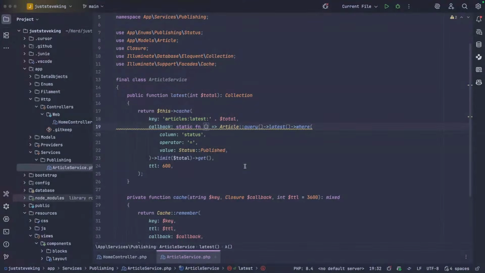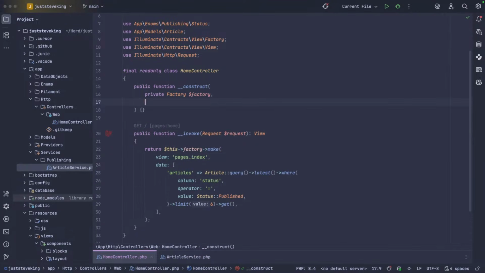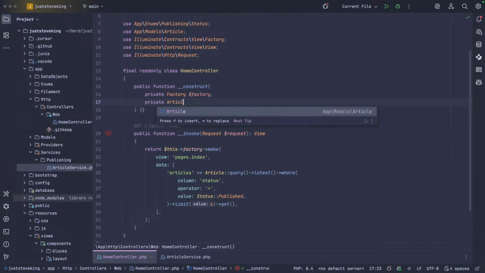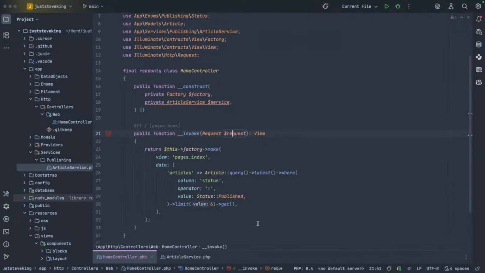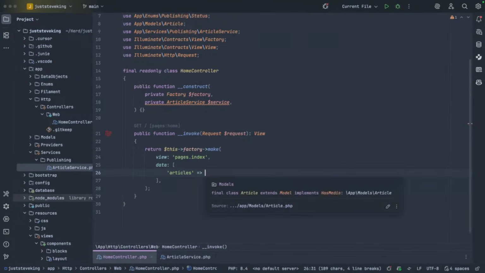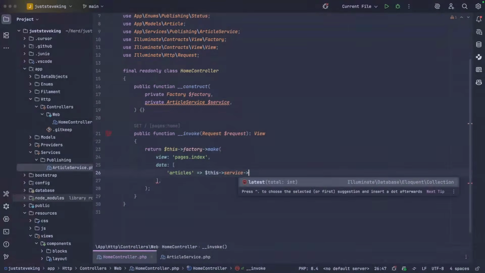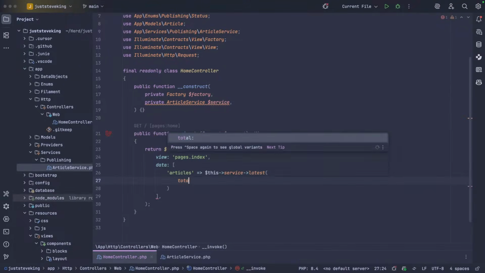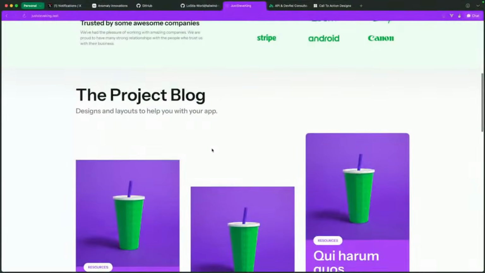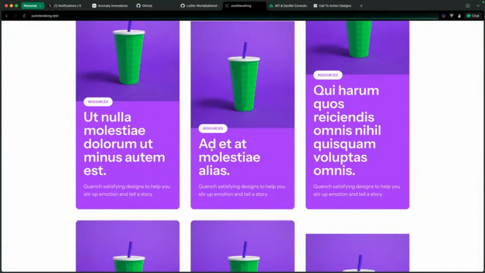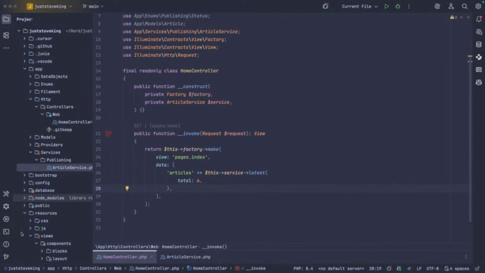So over here, what we could probably do is say private article service as service, and articles can be this service latest total 6, like so. There we go, and then that's cached. Next time it's quicker and quicker. So what we'll do is, well,